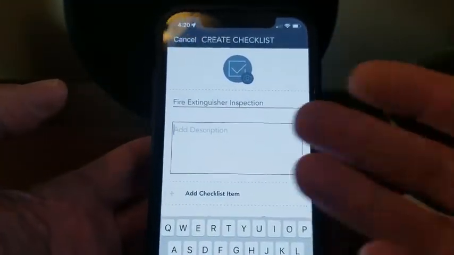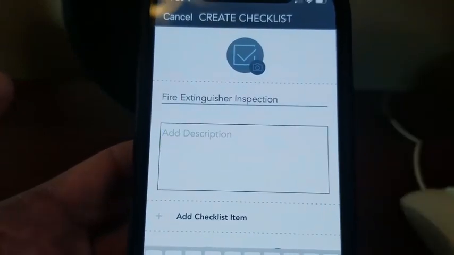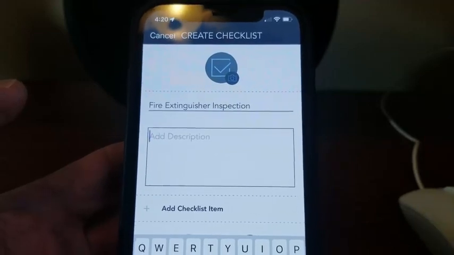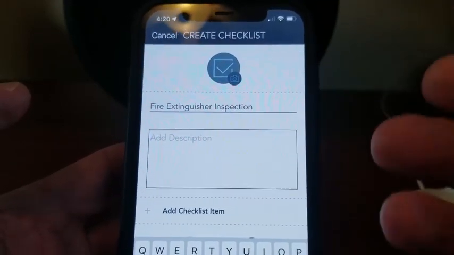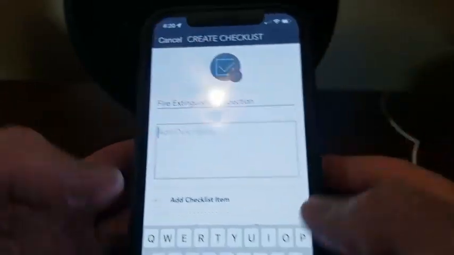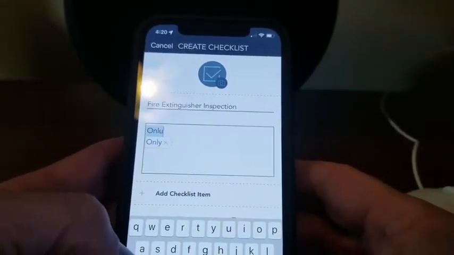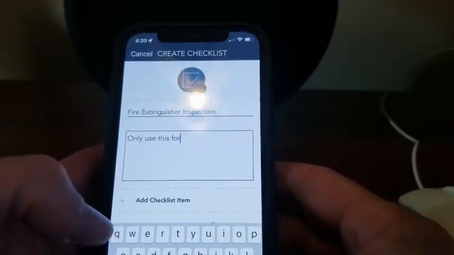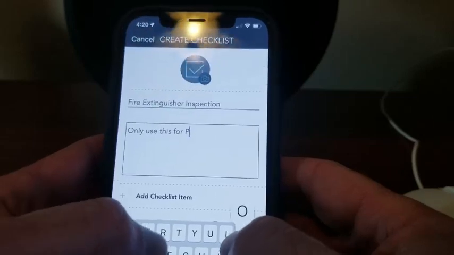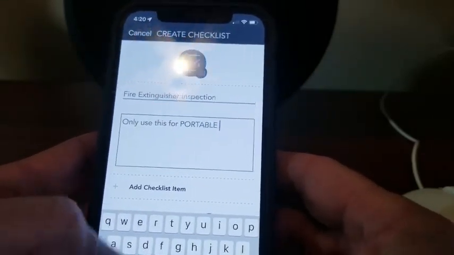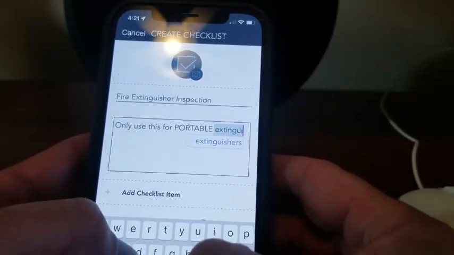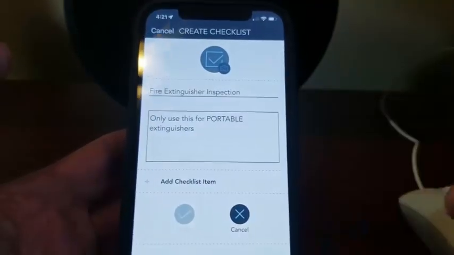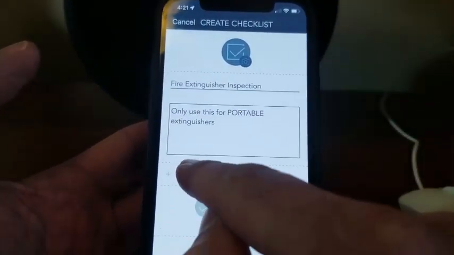So this description won't be seen by any of the users who are assigned the checklist. This is just a place where you can add notes for yourself or perhaps other admins who might access the template. For example, let's enter, only use this for portable extinguishers. Okay, so now let's go ahead and add our first checklist item by tapping the Add Checklist Item button